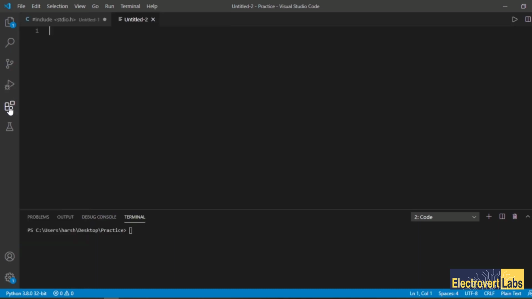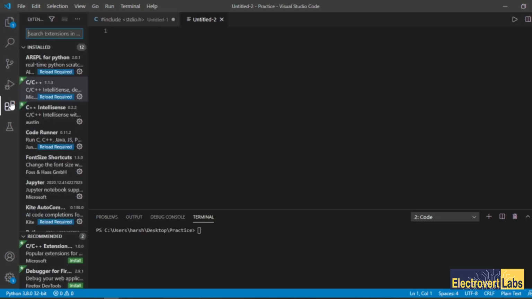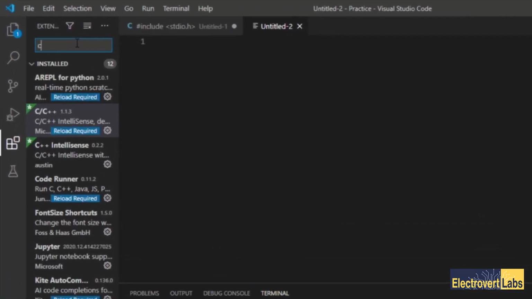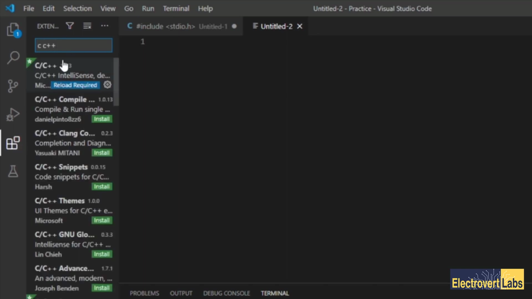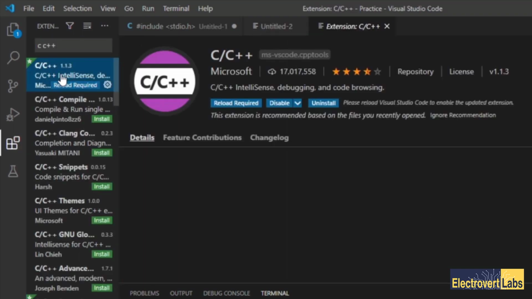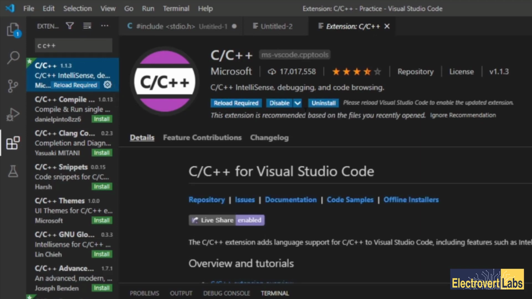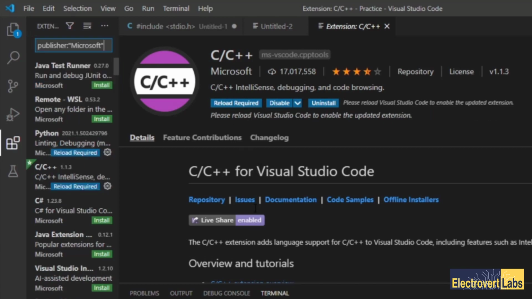So this is extensions, and you just click here and search for C++. Just write C++ here and press enter. Yeah, so you can see this particular thing. You have to click here and install it. I have already installed it, which is why it is showing me the option to uninstall. This particular Visual Studio Code extension comes from Microsoft, and it will basically help you with debugging, code browsing, and IntelliSense. This is what we need, so just install it.